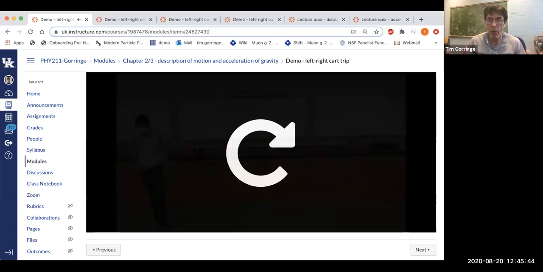And what we were watching was the position of the car. We were watching the velocity of the car. And we're also able to see the acceleration of the car, whether it was speeding up or slowing down. And we're going to work on describing all of that quantitatively.